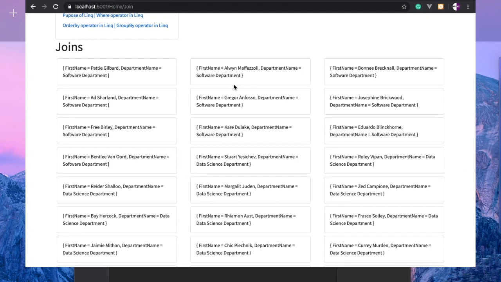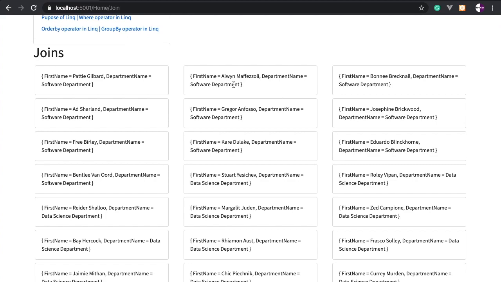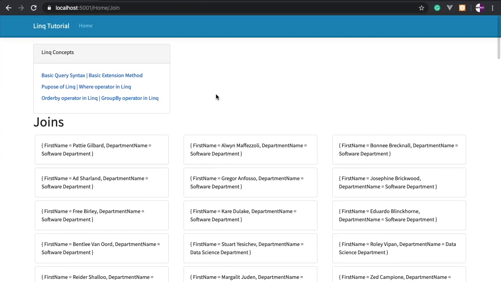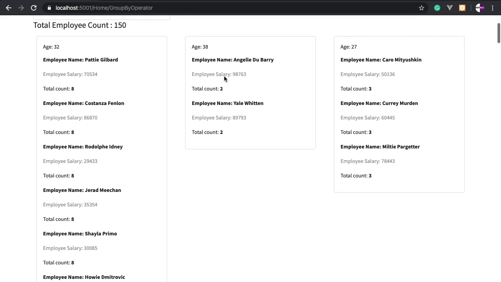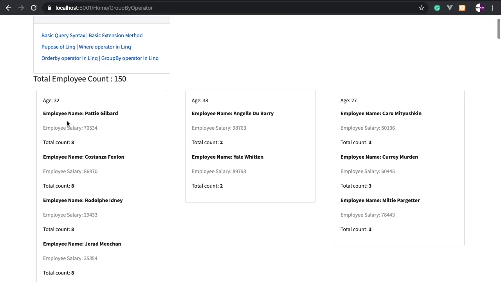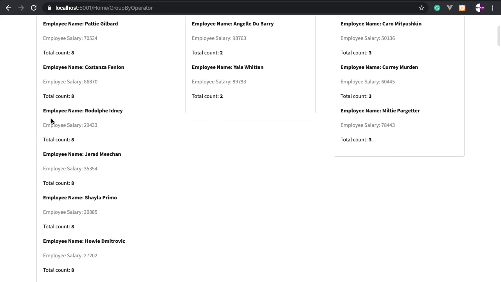So the next thing is group join, which is very similar to inner join. In the previous video, if you haven't watched it, please go and watch it and come here, then only you can understand what's going on. In the previous video we just created this group by operator based on age, to see how many members there are, something like that we can get. But here